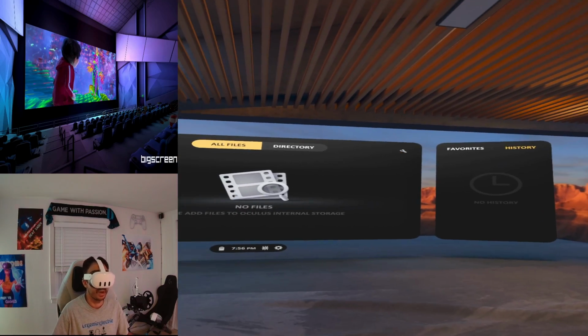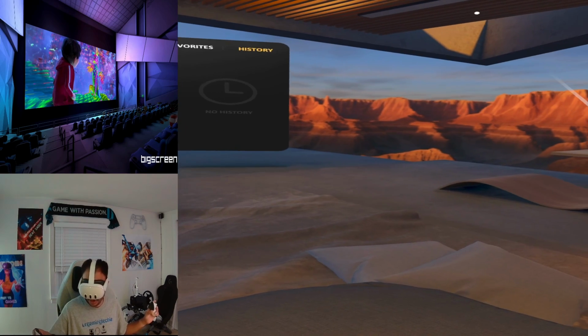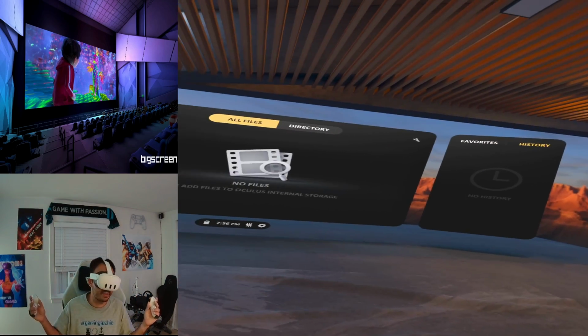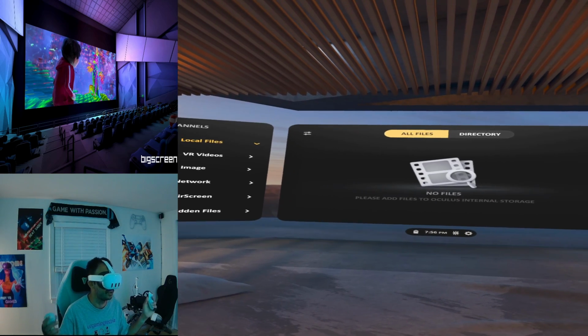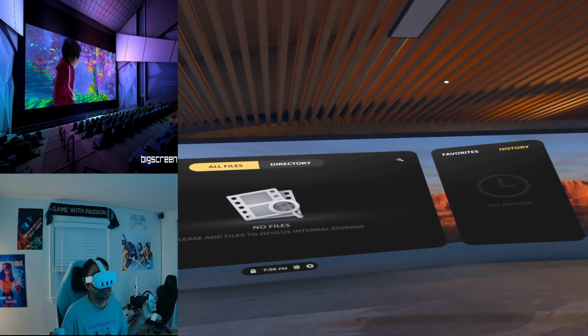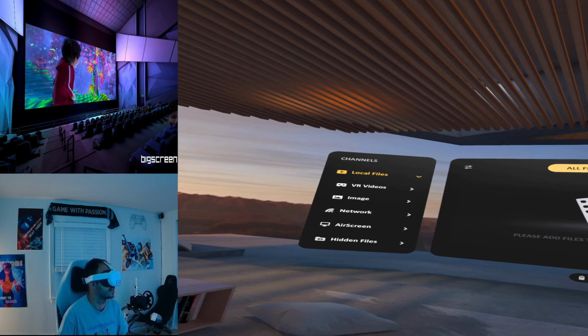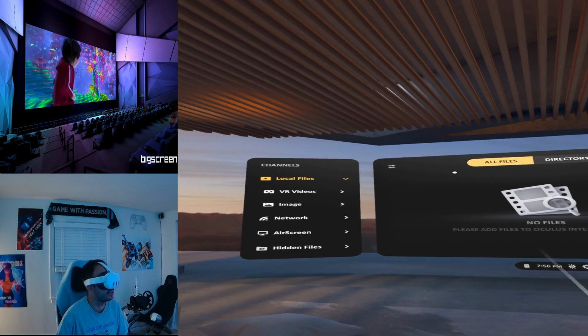So the first one we're talking about here is Skybox VR, which is what we're in right now. You can see we're in a virtual environment. This is an app that's been around from the very beginning, and a lot of people like it because you can watch your own movies and stuff that people store on their NASs or Synologies. You can also watch your local files in here as well.